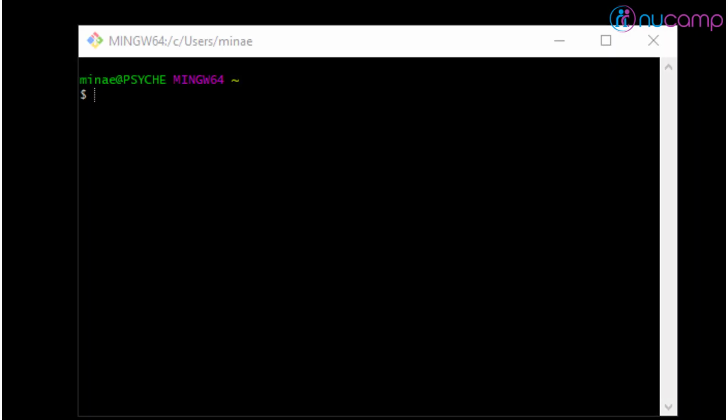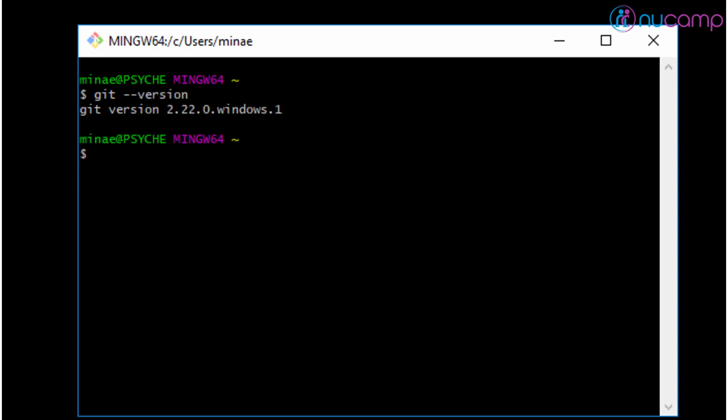Since I have Git Bash open, I will use it to verify my installation and configure Git. To test that Git is installed correctly, I will type git --version. This command should come back to you with the version of your Git installation. Next, set up the global configuration. I will type in git config --global